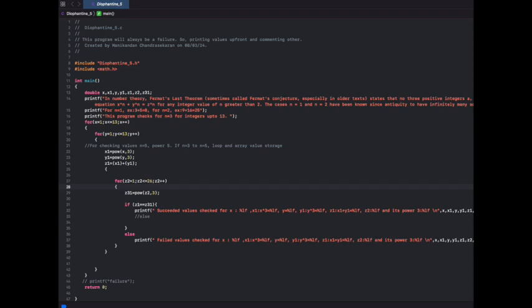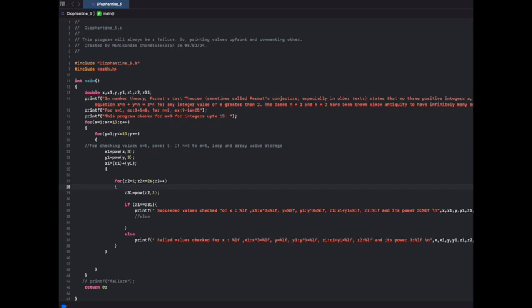Even 13^3 plus 13^3 is the maximum value. A squared plus b squared will always be less than (a + b) the whole squared, so we are checking up to that value, (a + b) raised to the power 3. So z31 = power of z2 comma 3. If z1 equals z31, that is, the stored value x1 + y1 is equal to z31,